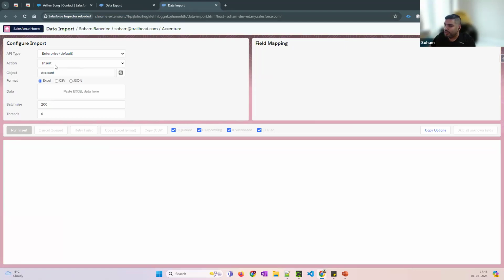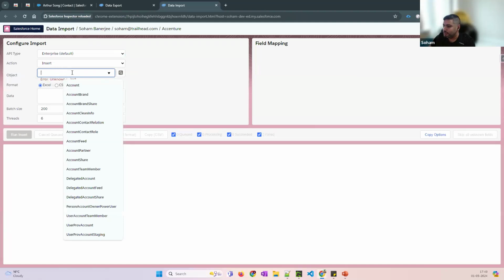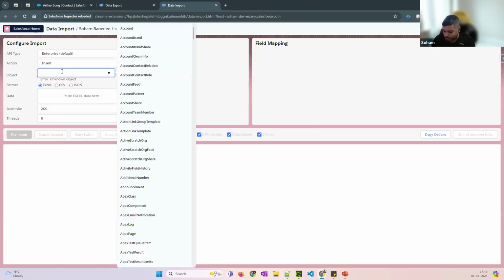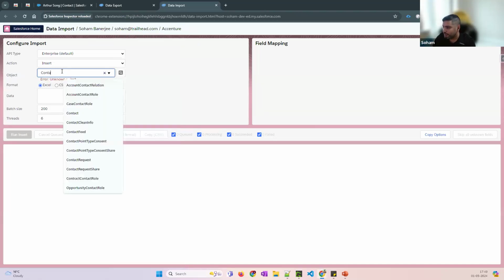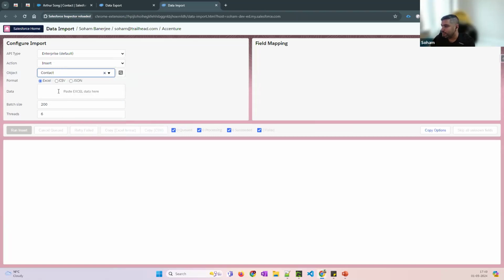In here, we have enterprise tooling and metadata. I have used the enterprise and metadata tooling. I have not used that much. On the enterprise side, it's nothing but all the objects that you see. It's pre-populated with the account object, but you can write whatever object you have access to, and then you can put the Excel, the import file that you have, put it here, and then you can run your insert